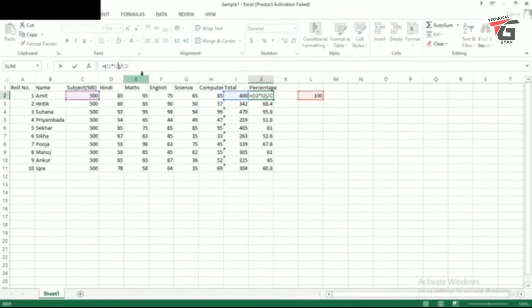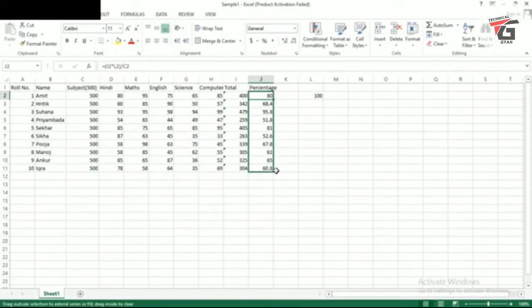So after modifying this formula, press the enter key. Still I am getting the same value here in the cell J2, which holds the data for the percentage of roll number 1. Now I am going to drag the formula again and let us see what is happening. You can see here all the data which is present except in the cell J2 has become 0. Why has it become 0?